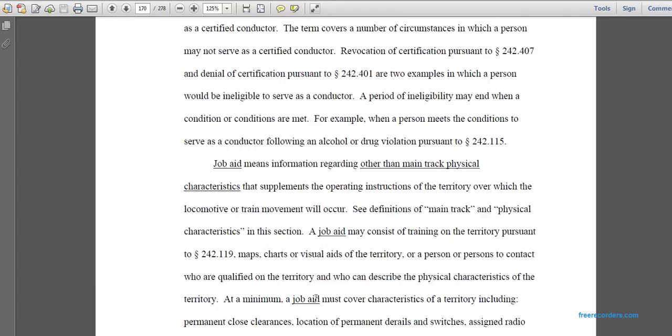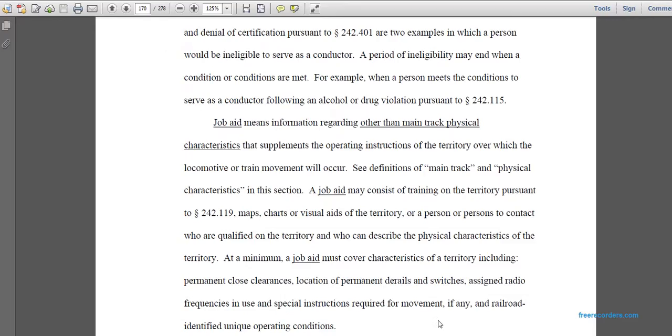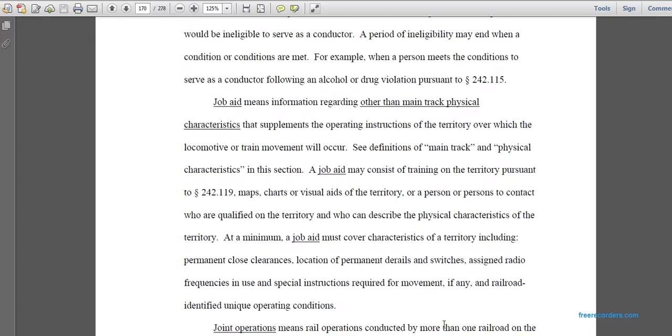Job aid means information regarding main track physical characteristics, supplementing the operational instructions for the territory over which the locomotive or train movement will occur. See the definition of main track for the physical characteristics. In this section, the job aid may consist of the training of the territory pursuant to 242.119, or visual aids of the territory for the person to contact a qualified person who describes the physical characteristics of the territory. At a minimum, the job aid must cover the characteristics of the territory, including permanent clearance and location of permanent derail switches, assigned radio frequencies, and use of special instructions required for the movement, if any, of the railroad and identified